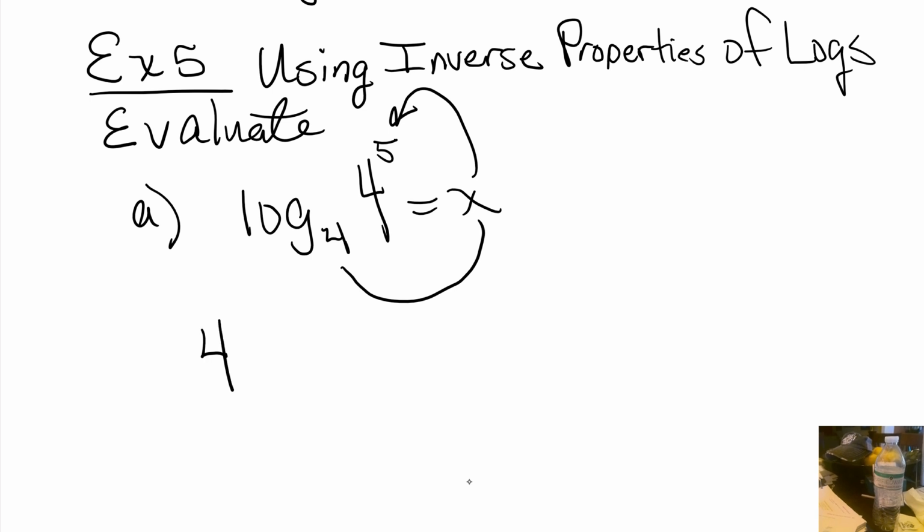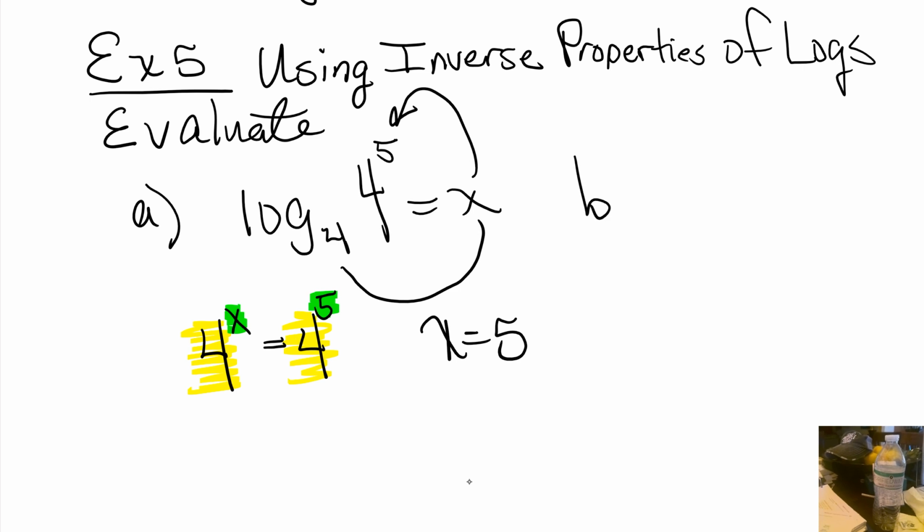So if 4 to the x is equal to 4 to the 5th, given that these are both identical bases, well, common sense should kick in that x is equivalent to 5. And that's a property. So x is equal to 5. For part B, again, using the inverse property,